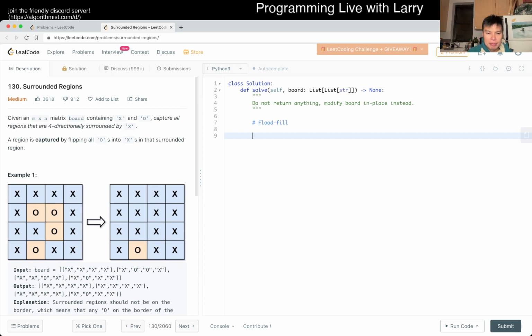But yeah, what the hell? Let's do it with breadth first search this time, because I think I usually do depth first search anyway. So yeah, we start with a deque, and then now we look up on the border to start on the O circles, right? So yeah. So for x